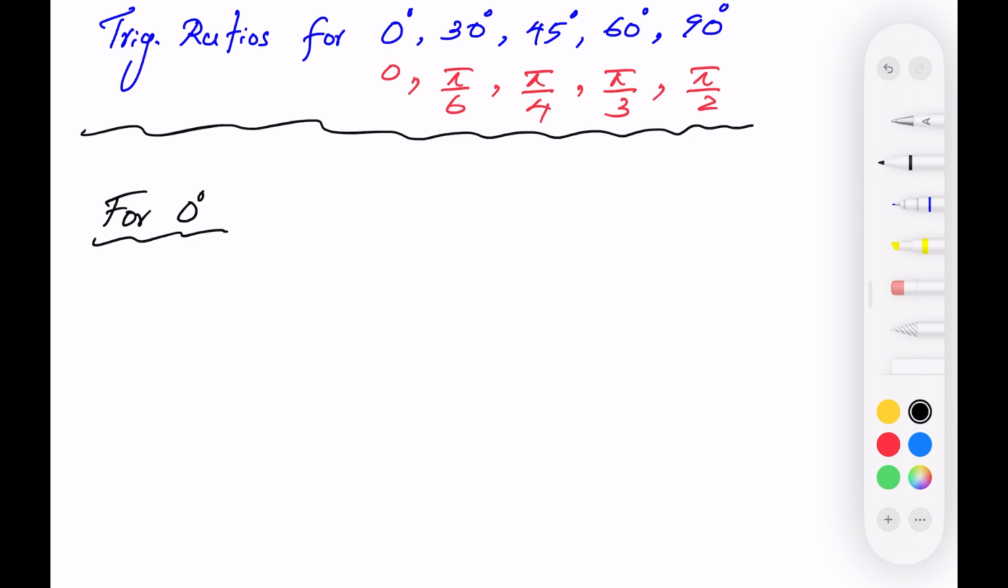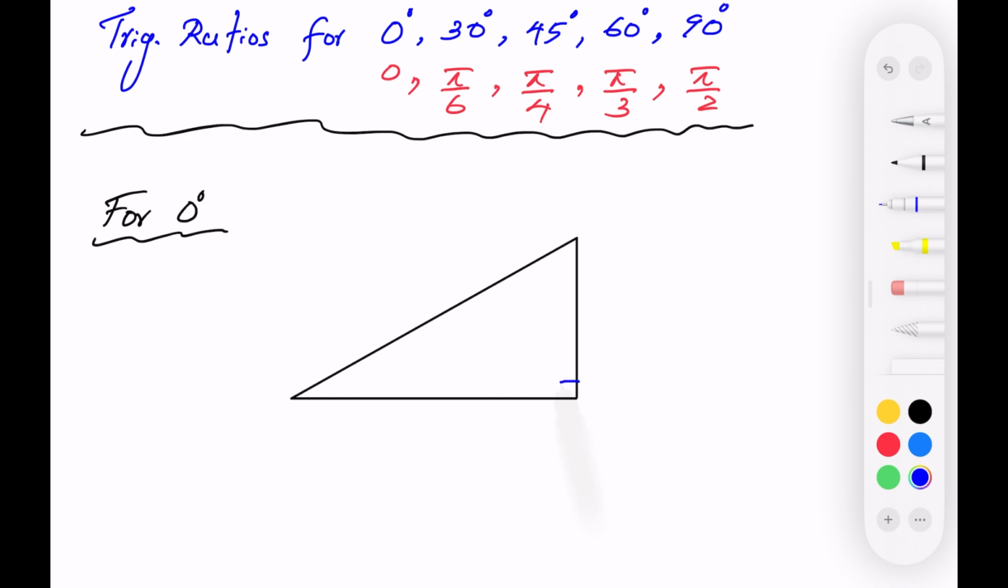Of course, I cannot draw a right triangle so that one of the three angles is equal to 0 degrees. Therefore, I will draw a simple right triangle with an angle labeled as theta, and then we will argue what happens if this theta is approaching 0. So here's my right triangle. The angle right here should be equal to 90 degrees,